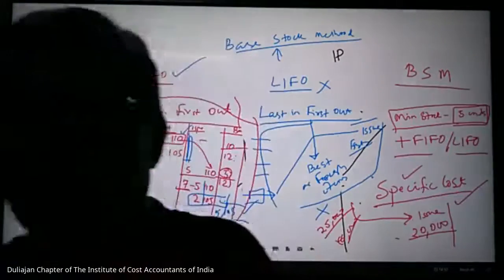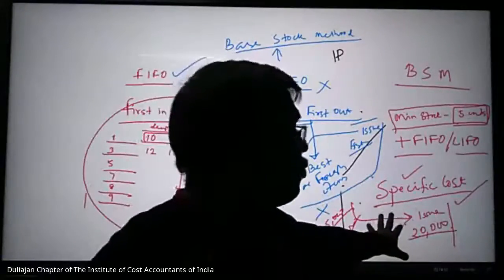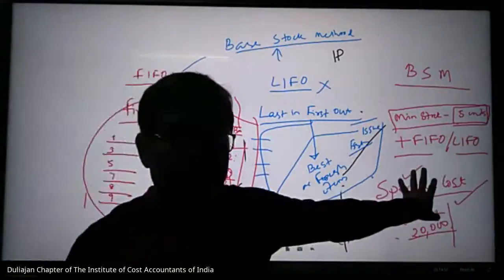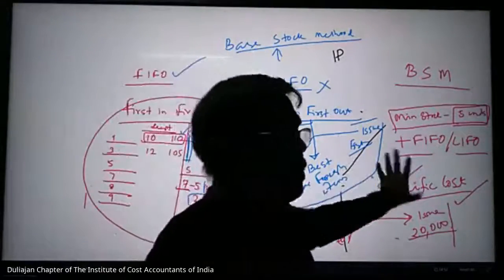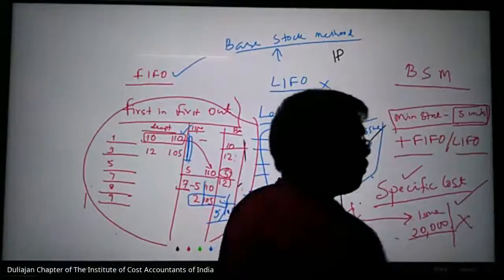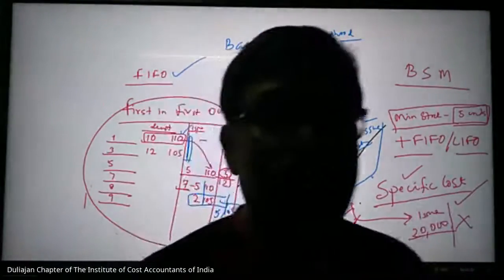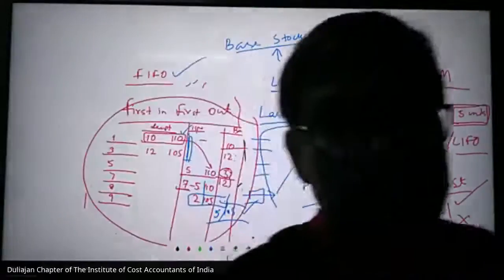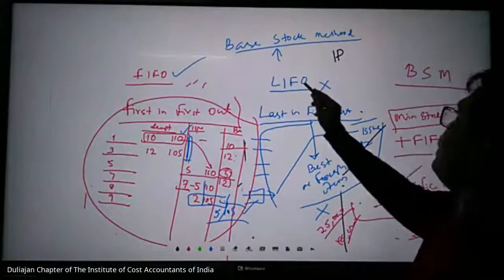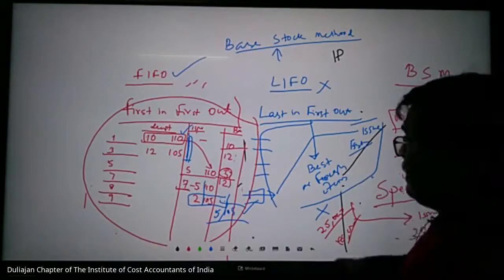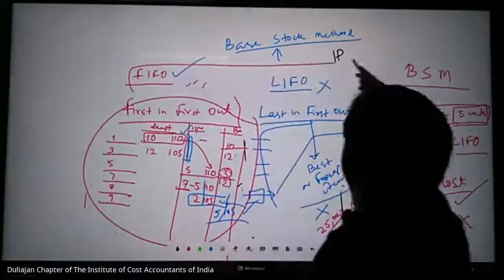This is not a regular method. Here you may incur plus or minus. It is not actual. So in a normal course of business, I should not do this. It is only for a specific job or specific order. In my normal course of business, I should try to recover my cost, which I am doing in FIFO, LIFO and base method price. Then these three have now become obsolete.